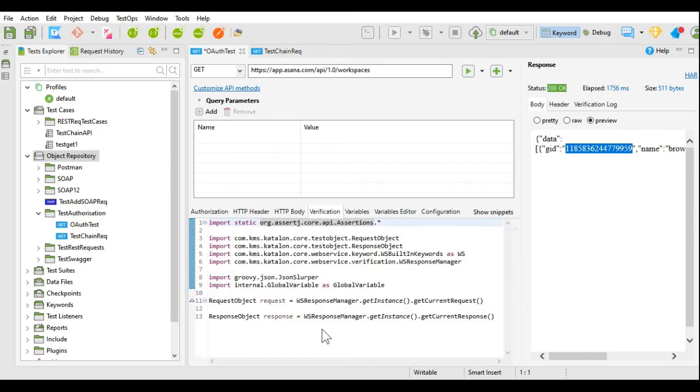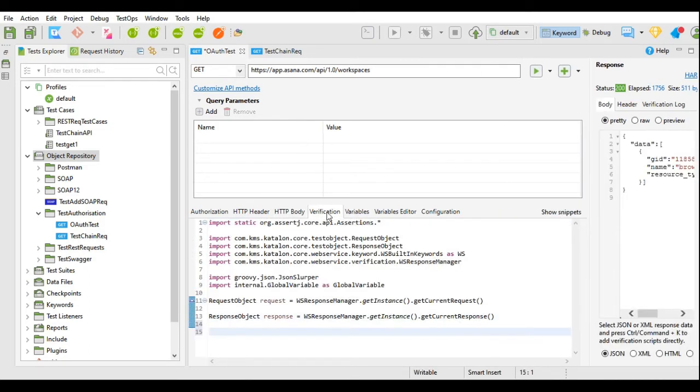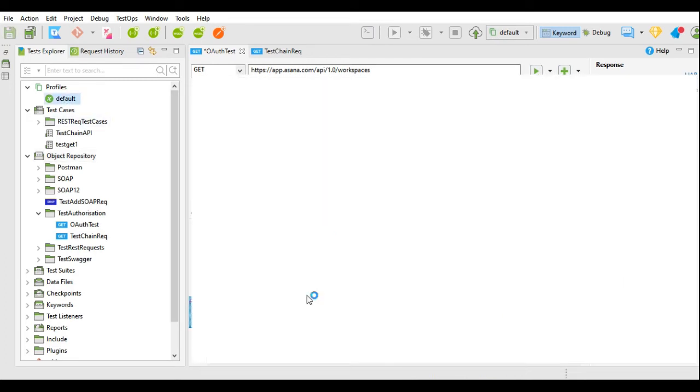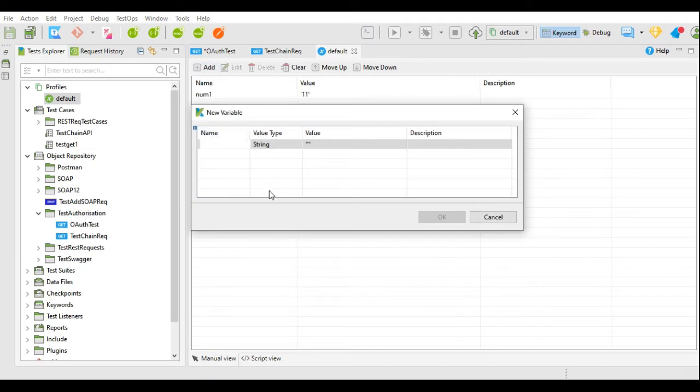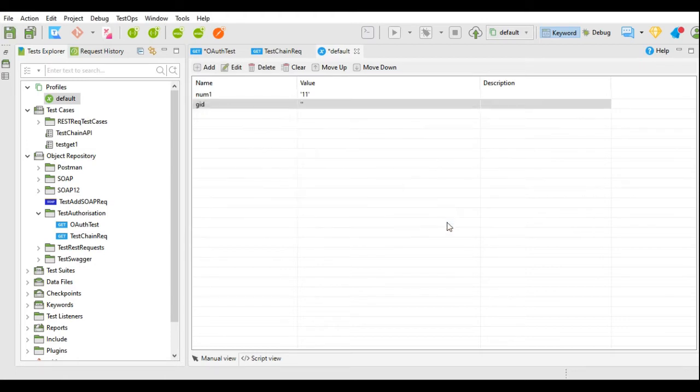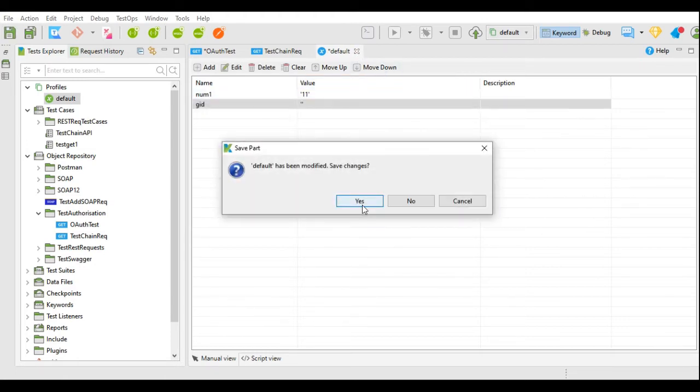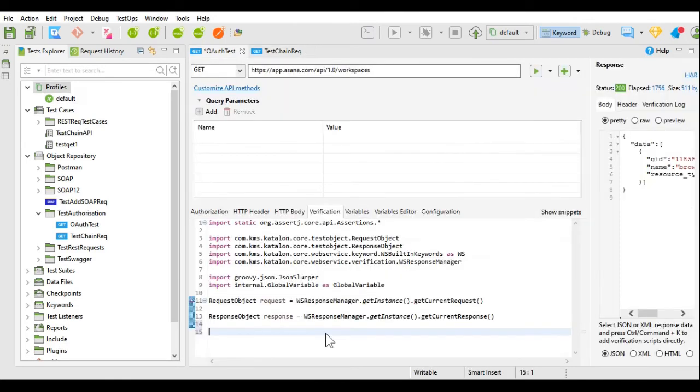For that I will go to verification and go to the profiles default, and here we will create a new global variable named GID as string, value will be null. Okay, and I will save this.